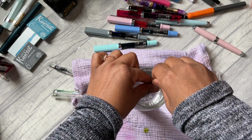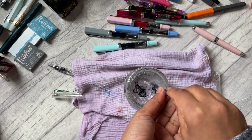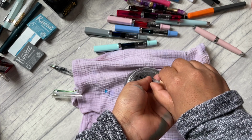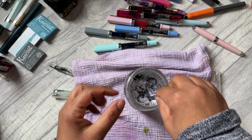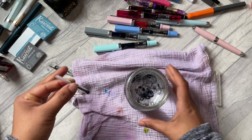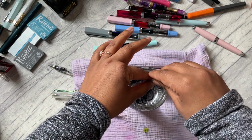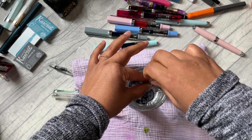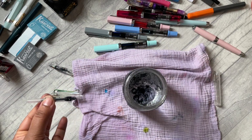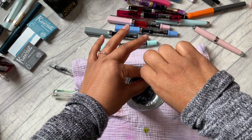That's going to come out. Push that out, you can see, and then you do the same thing repeatedly. You want to suck up clean water. You don't always have to give it a shake. You go in, out, and you can see, even though there was just a drop of ink in there, how much comes out. Basically you just do this over and over again, in, out. Now I would change the water in the sink, refill it, and keep doing this until this pen